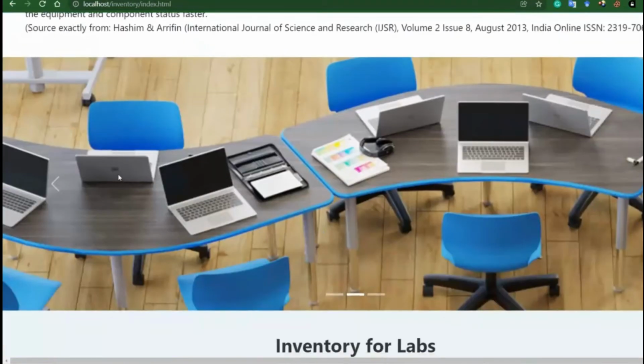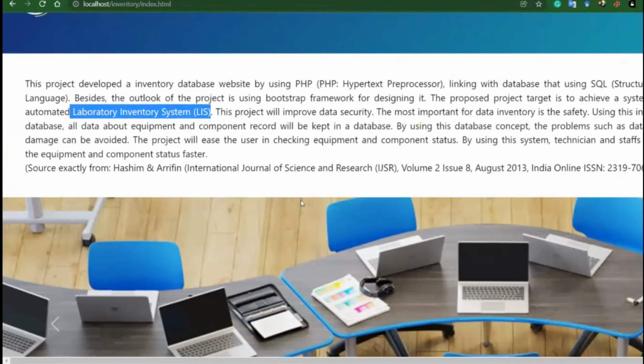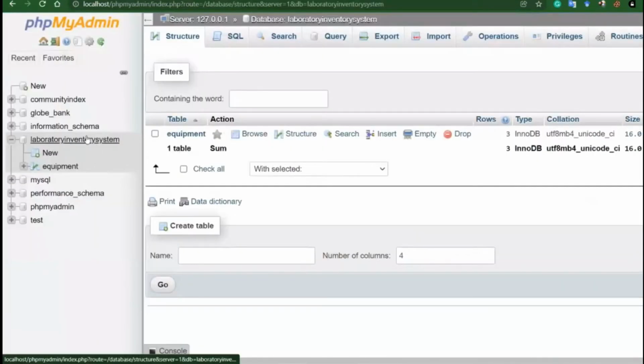In a laboratory we have so many equipments, and if we want to manage and keep records of all of them, for audit purposes or for our records, all the equipments we have should be properly stored in a database, and we should know the details of each equipment and who is responsible for managing it. So for this purpose I designed this database.